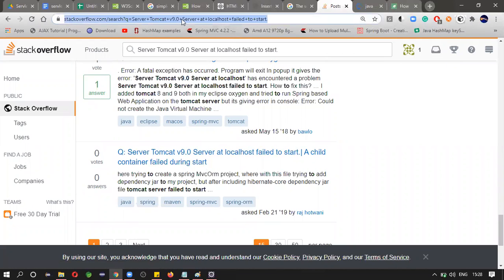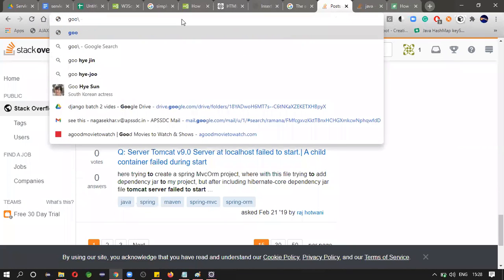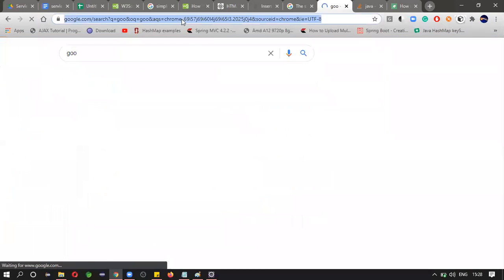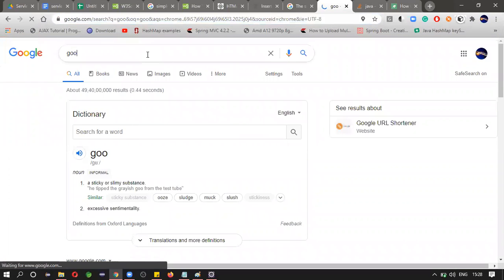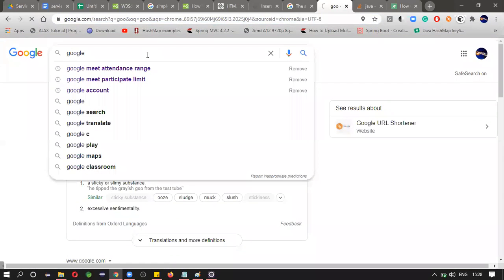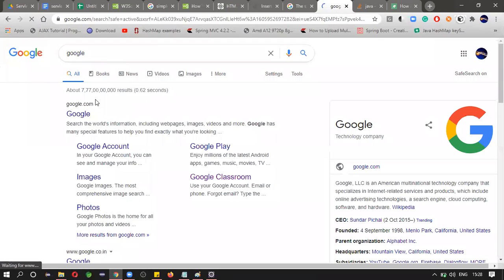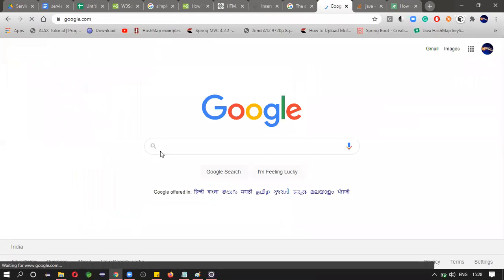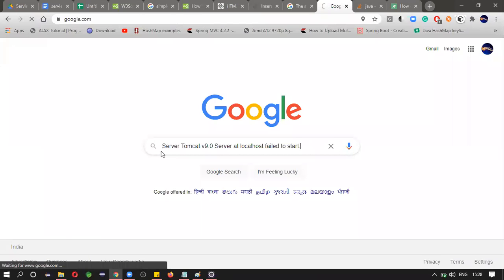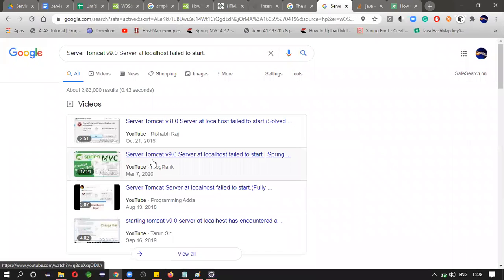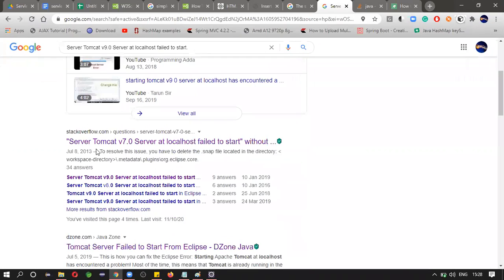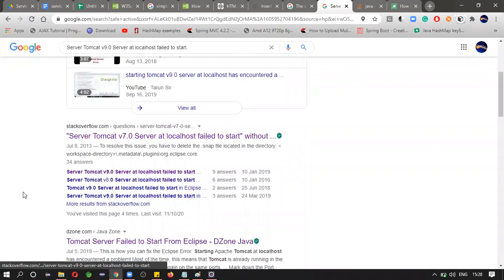Or else you can go to Google. These are debugging techniques. Okay, you need to know.